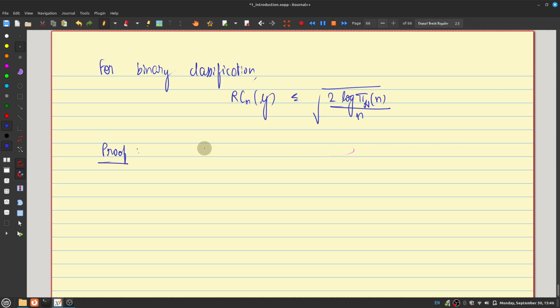Okay, and the proof again involves some properties of sub-Gaussian random variables. I don't remember if I had given this as a homework or not in the concentration inequalities course. But essentially, you can bound the expectation of the maximum of a sum of random variables using the sub-Gaussian constant. So what you can show is the following